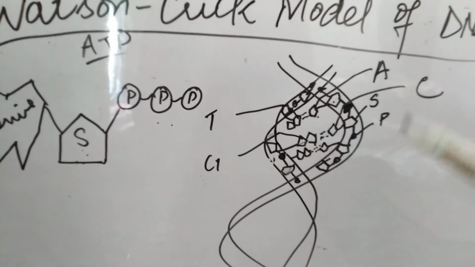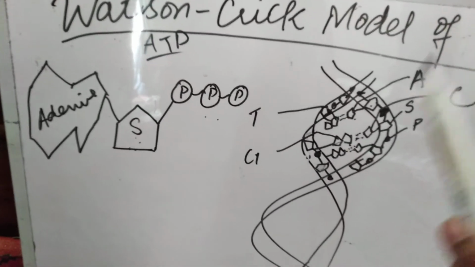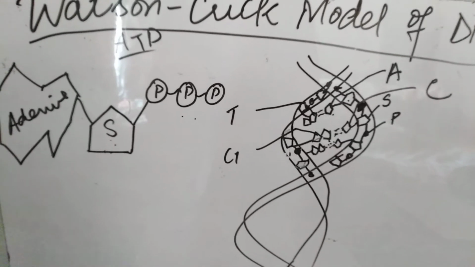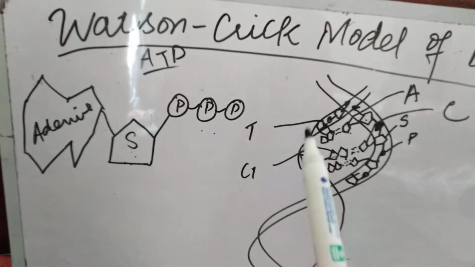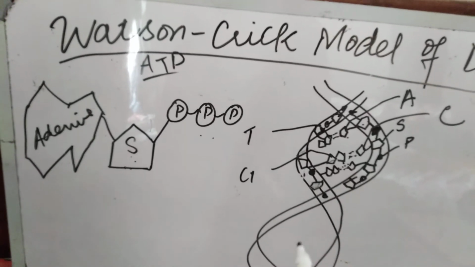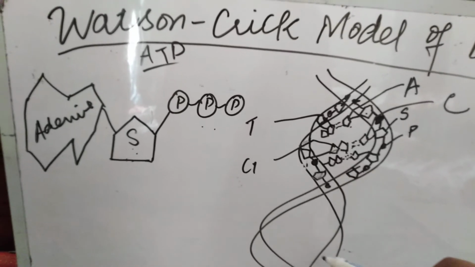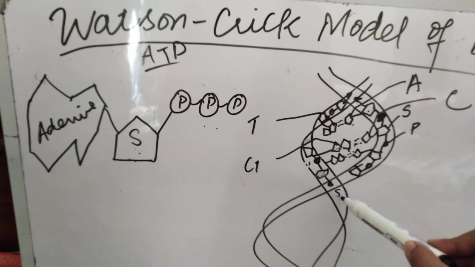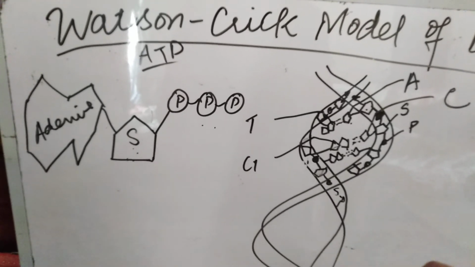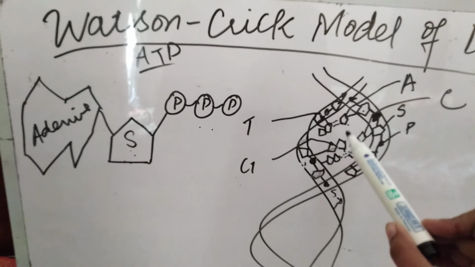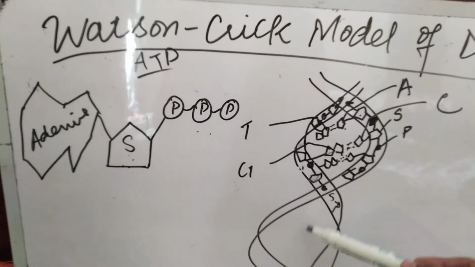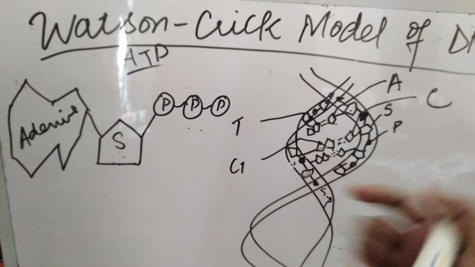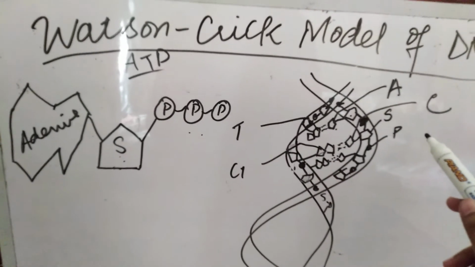Now I'm going to summarize the whole lecture for you. Firstly, you have to mention the discovery. Who proposed it? James Watson and Francis Crick in 1953. Then you will move towards the explanation and the structure of the DNA. It consists of 2 polynucleotide strands, which is a double helix, and it is made up of a sugar phosphate backbone, and then many nucleotides are present in a nucleotide sequence. There are 4 nucleotides: adenine, thymine, guanine, and cytosine.